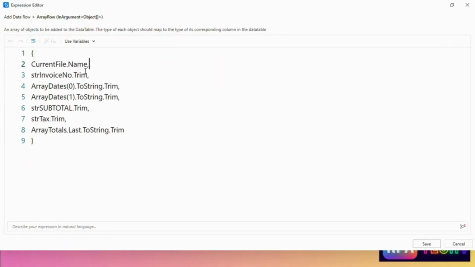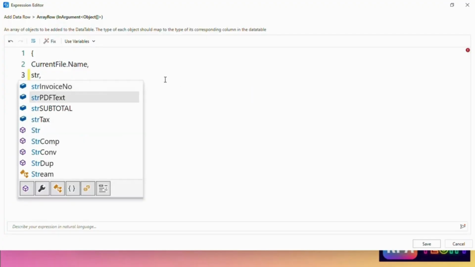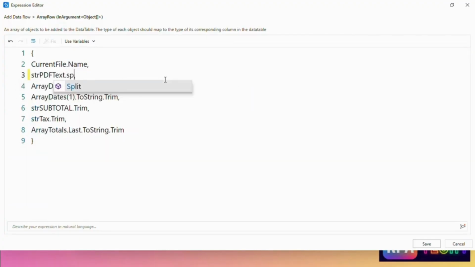So the file name is common. So here in the str invoice number place, I'm going to write a script for a split functionality to extract the invoice number. So here the PDF text is available, str PDF text variable dot split